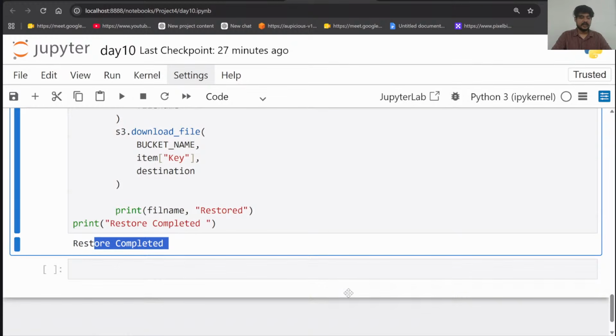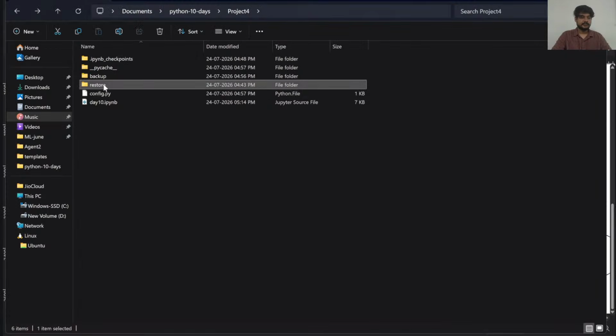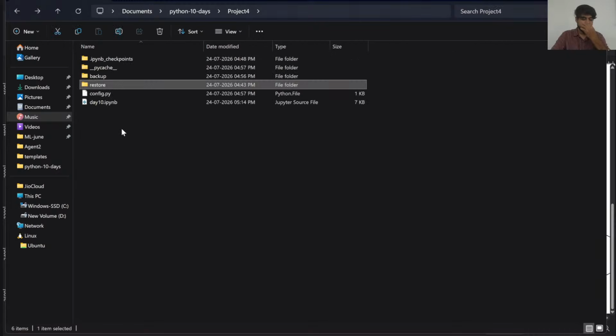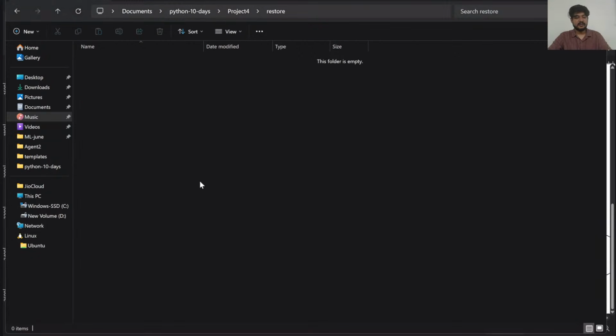So what happened? You can see in my documents restore folder. Right now there is nothing here. This folder is already present here. Right. So it's empty right now, but it's not restored because we have not given a valid name. After some time, you can give a better valid name and they will restore all the files inside it. So in this restore folder, all the files will be stored here.